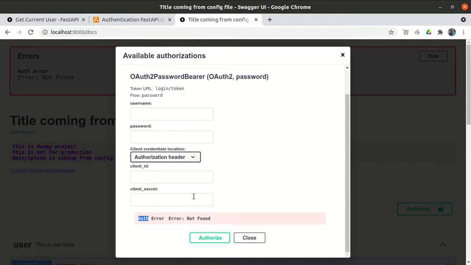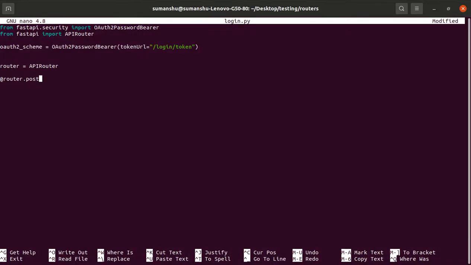And what could be the path? /login/token, and let's give the tags as well: login.